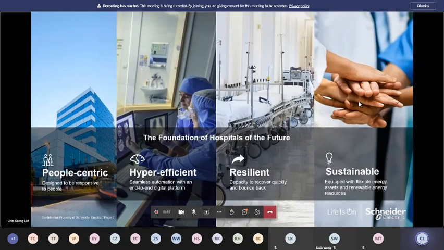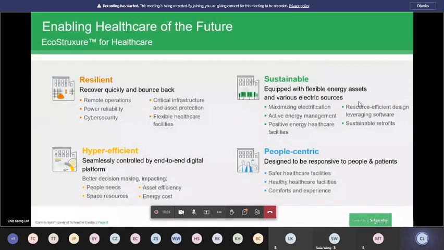All right. When we talk about trends and challenges, we've touched on that pretty much on day one, right? Over here, when we go into what I call integrated healthcare solutions, again, we need to start off with the 4 basic principles from Schneider when we are doing any design or any solution. We talk about people-centric, hyper-efficiency, resiliency, and sustainability. I think for the last 2 days, a lot of my fellow colleagues have already gone through this in a different domain. So today I will use the same pillars. We'll move into the digital world, or what I call the interconnected world. Let's have a closer look at what we mean by the 4 pillars when it comes to healthcare.